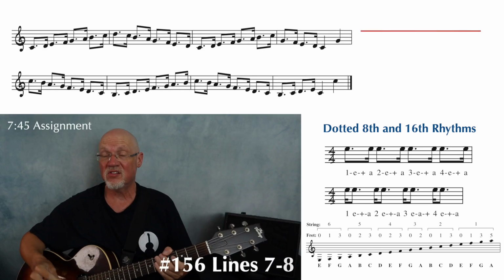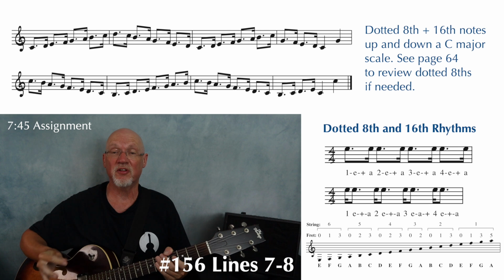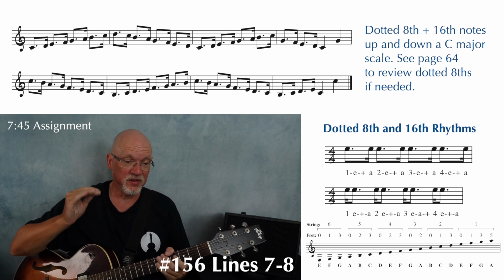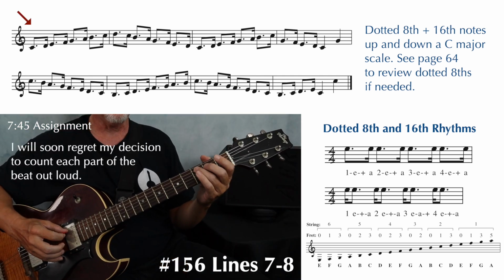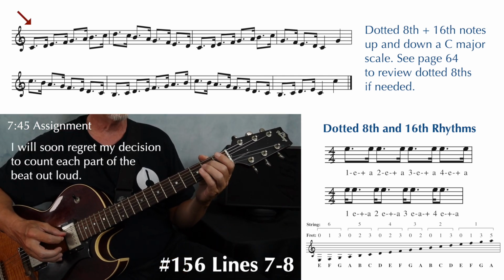And finally, lines 7 and 8. The busiest two lines, but they're the easiest to count because you're just playing dotted 8th, 16th notes almost all the way through. Line 7, you're playing up the scale, 1E and a 2E and a 3E and a 4E and a,